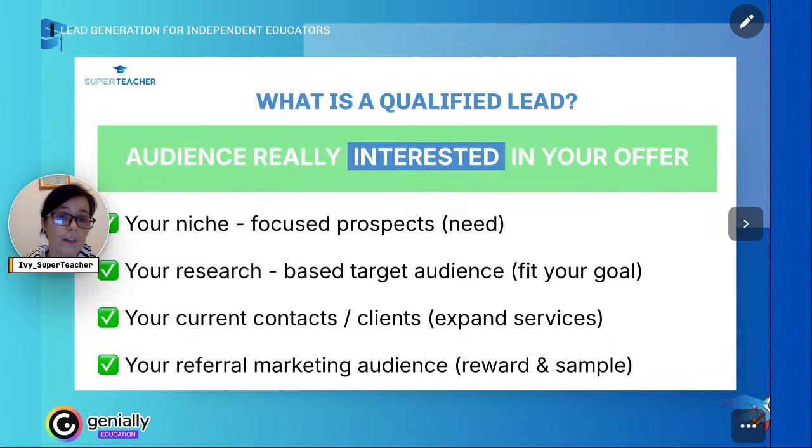Then there are our current contacts and clients to whom we can expand our services. Just lately, I started building a new kind of offer, my resource library, and I did get some interest from my current students, especially now during the summer holiday, because we had some time off. They were on vacation, and then I took 2 weeks, and it was a perfect time to test this idea.